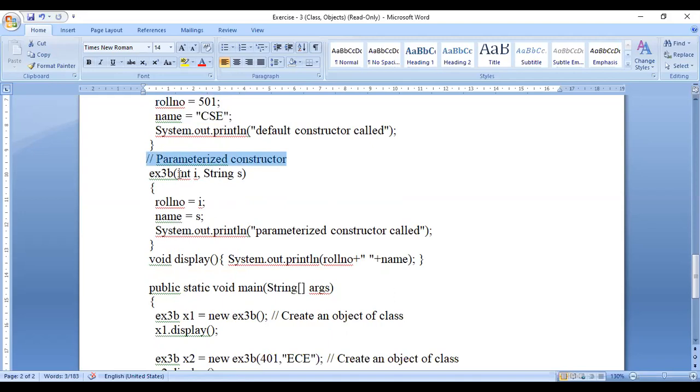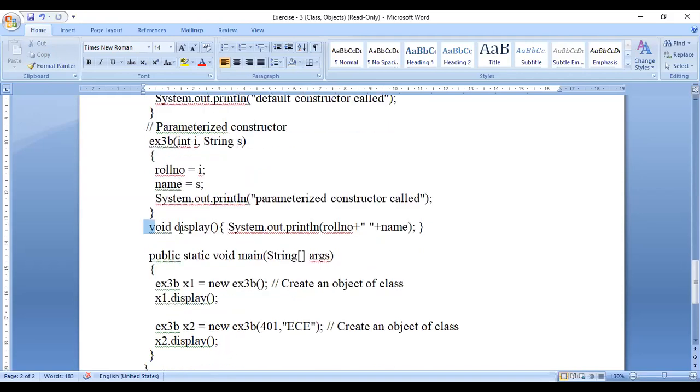These two parameters are passed to this constructor when it is invoked, and the first integer value is loaded into the roll number instance variable, and the second parameter, the string value s, is loaded into the string instance variable name. There is also a statement printing that the parameterized constructor is called, and one display method to display the student's roll number along with the name.